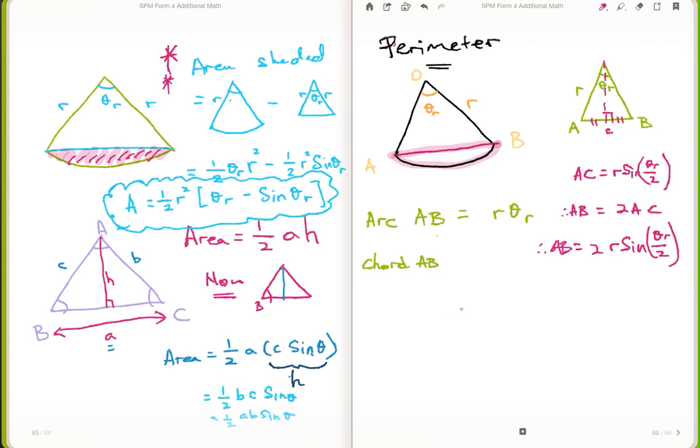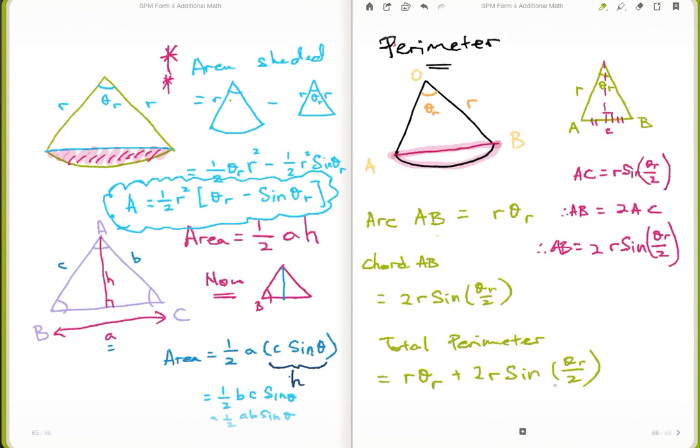So therefore the chord AB would be equal to 2r sine theta by 2. So the total parameter will therefore be equal to r theta in radian plus 2r sine theta radian